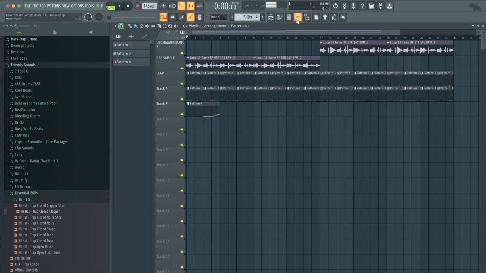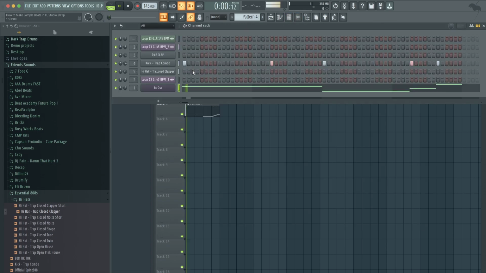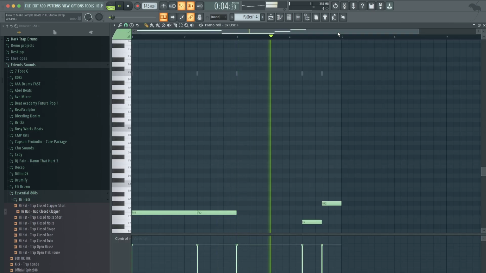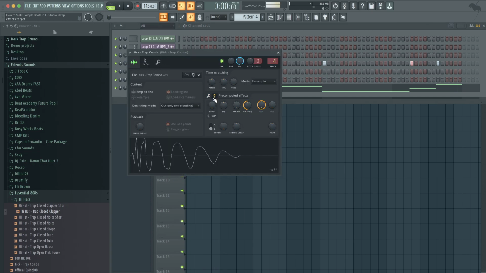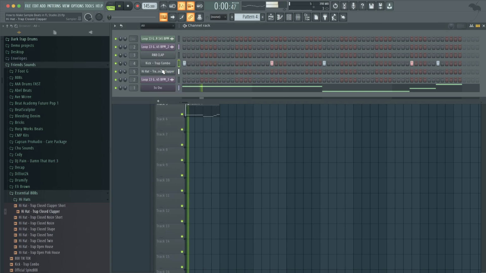The only thing with that is we have to do kind of complex mixing to make all this fit, because we're stacking it with the kick. Now you can turn up your kick. You can go to the pre-computed effects, turn up boost, if you want like a punchy kick. Now you don't want to overly punch your kicks in R&B because it's not trap beats.